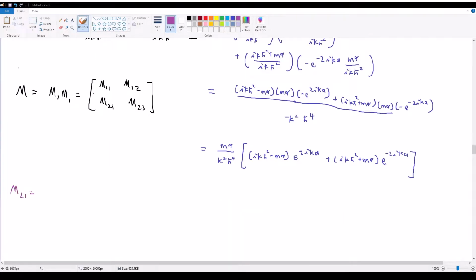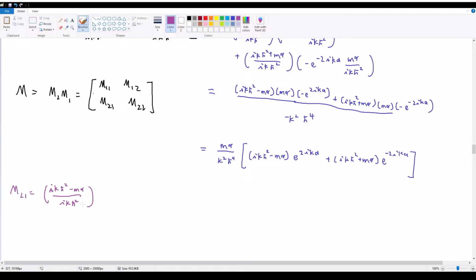Okay, this is going to give us, let's see, ik h bar squared minus m alpha over ik h bar squared as before, and